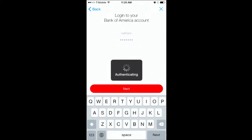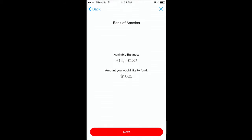And you'll see that I have, I don't know, $14,000 available to fund this account, which is really useful information when you're a broker to know that the user has the money available. If you're going to approve them, you can go and grab this money with their sign-up process. So I'll go to the next step,